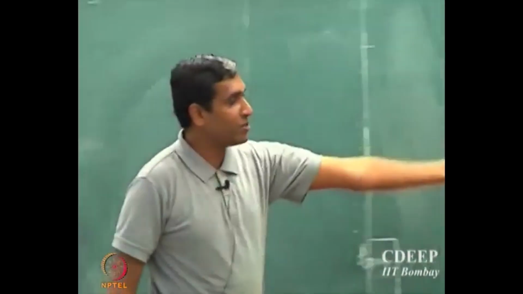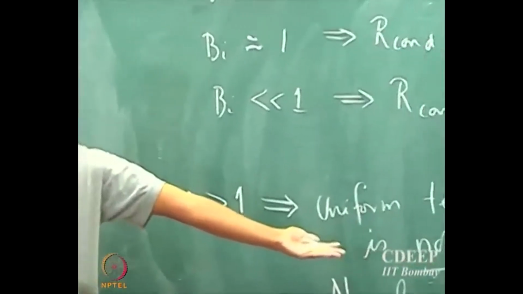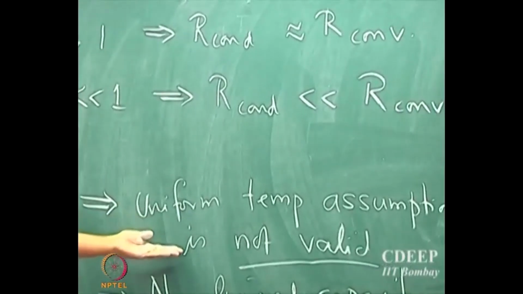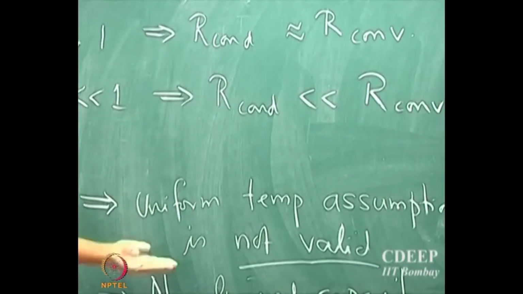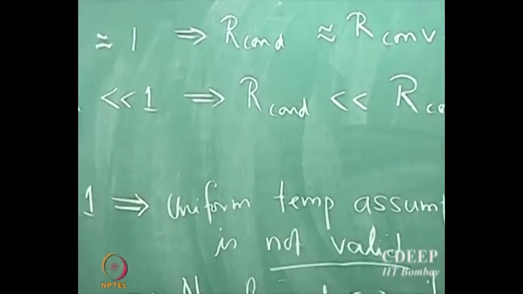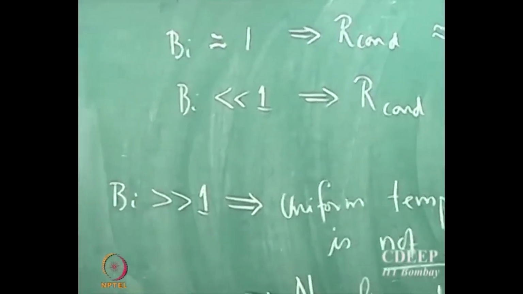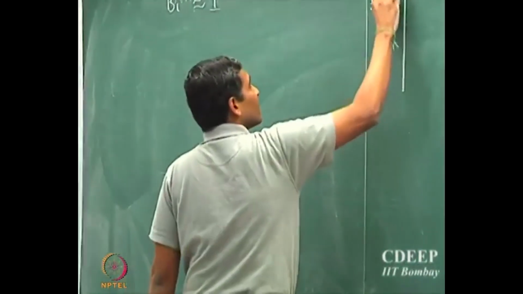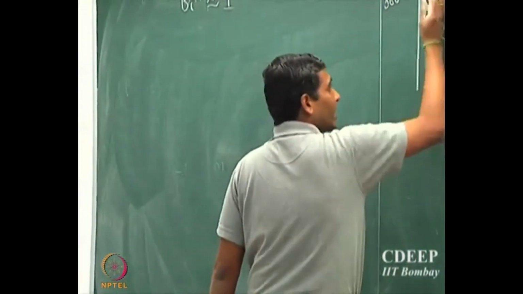You can't use, because you still cannot ensure uniform temperature. Keep in mind that the lumped capacitance method works only when you can assume a uniform temperature distribution. So when Biot number is almost equal to 1, note that, supposing this is the boundary where you have solid here and the fluid here,